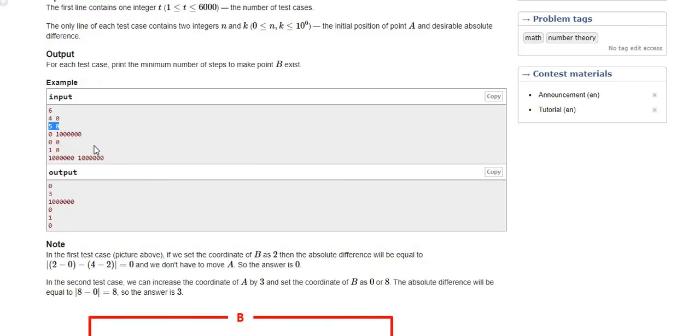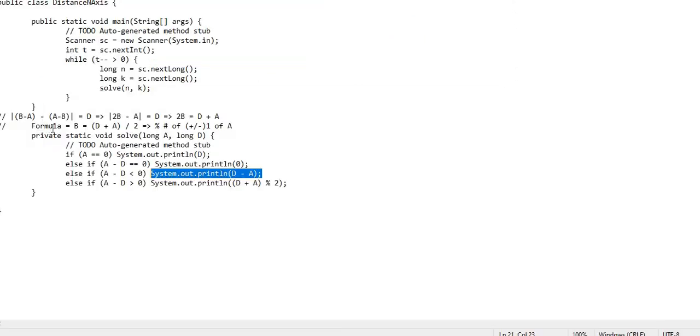And finally, when A is greater than D, for example, if we reverse this case, if A is 8 and D is 5, then if we put these values inside our formula, it becomes 13 by 2. So B's value can be 6 over here, and if we take the modulo 2 of 13, it gives us the value of 1. So the value of A can become 9 or 7, which gives us a difference between those two values equal to the actual D value. That is our answer. If you submit this solution on Codeforces, it will be accepted.